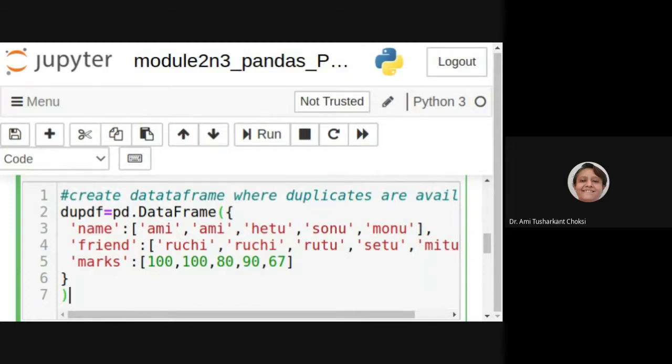So first of all, you have to create a data frame with the duplicates and the missing values. Then you will drop them. It is not always the case that you will be given the data frame directly. The rows and columns may not be given to you. You may have to create it yourself and then remove it.